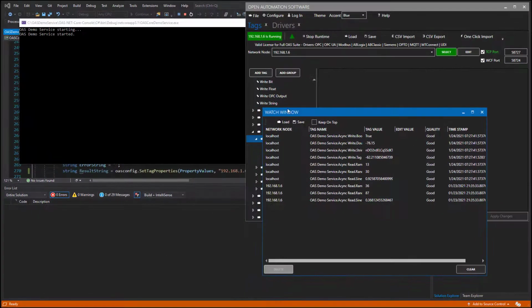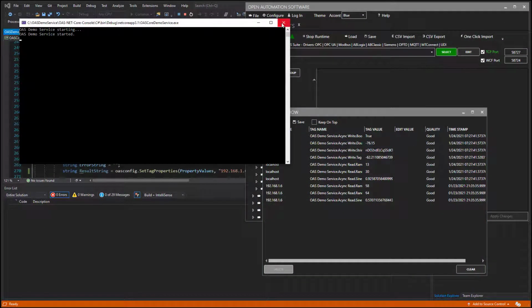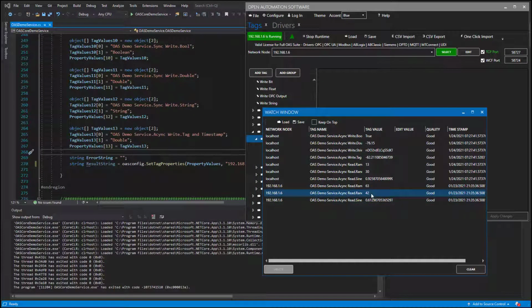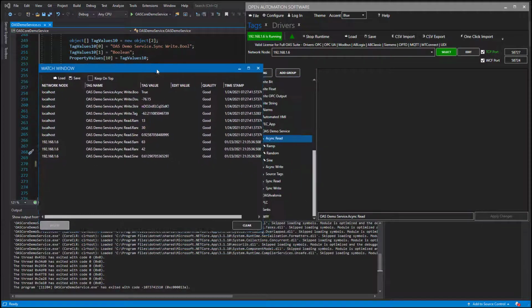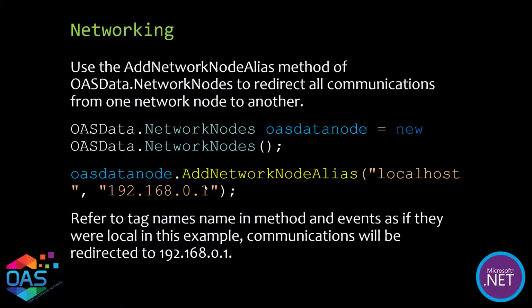So let's move this over. And so when we stop the .NET application, we see that those values indeed stop updating because the .NET application is no longer running. Communications from a client application to a service implement binary TCP communications with compressed and encrypted